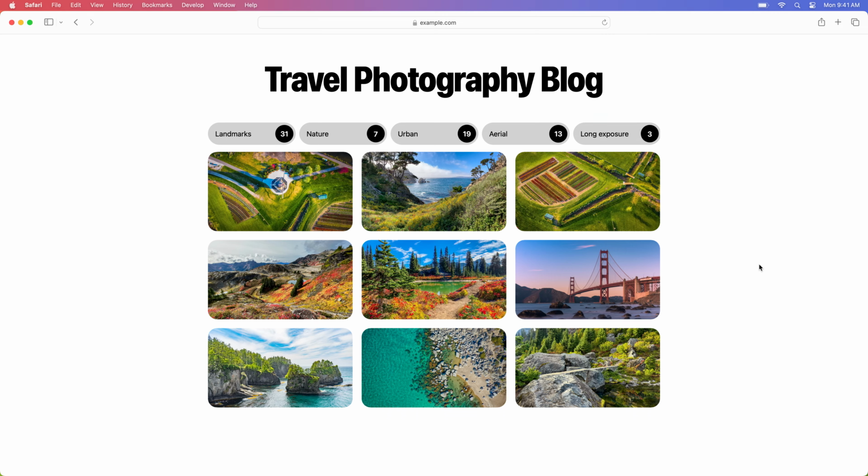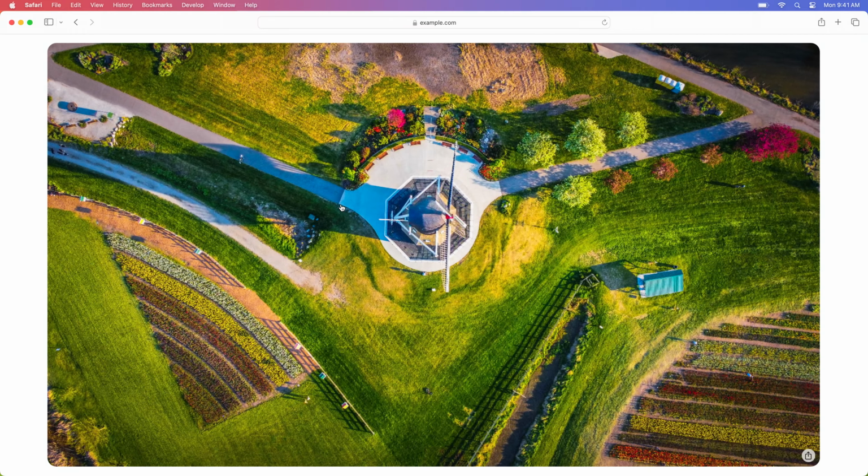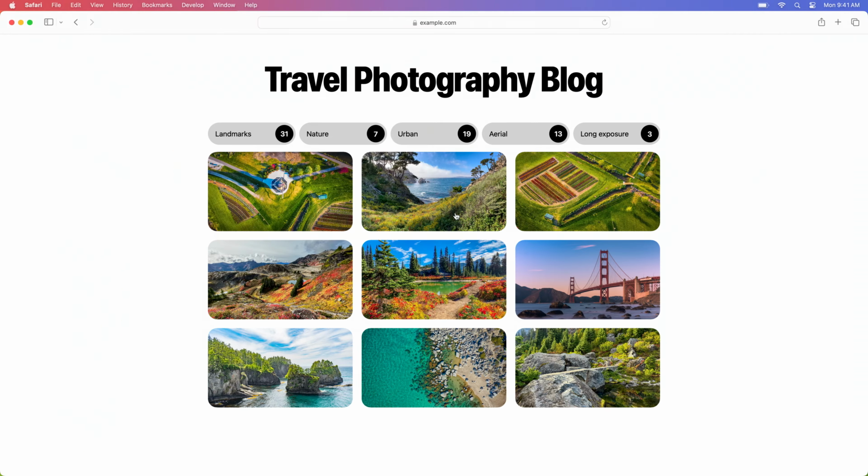Next, I'm going to show you how to override the preference for reduced motion. This next section displays an animation with a lot of motion. If you are sensitive to this, you may want to skip the next 3 minutes of this video. Back on my webpage, these animations that run when I click on a photo to enlarge it are perhaps a bit too much.